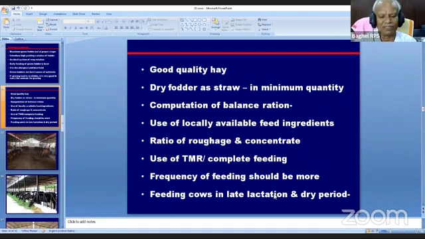This period is very important because during this period, you have to boost the animal feeding by which the animal can maintain its body nutrient resources. The nutrient resources of the body that have been utilized in the early stage of lactation, now in the late lactation period and the dry period, where the nutrient requirement of the animal is comparatively low because of low productivity in late lactation and no production in the dry period, they can regain through nutrients, and that will be highly beneficial in the next calving.